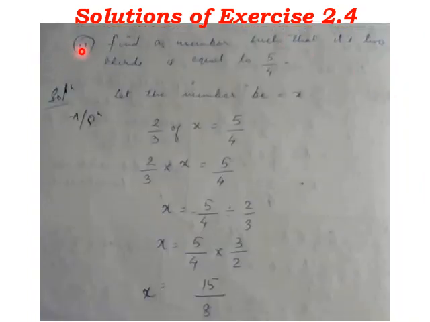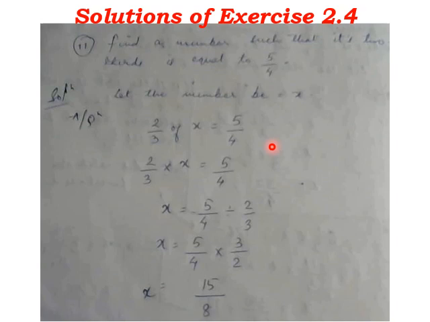11th question is, find a number such that its 2/3 is equal to 5 by 4. My dear children, I am repeating again and again to frame the equations. Without framing the equation, you just have an idea. If this exercise is of addition, you will start adding the fractions. If a particular exercise is of subtraction, you will start subtracting. But you don't have the concepts. So at times you may get the correct answer, but not always.